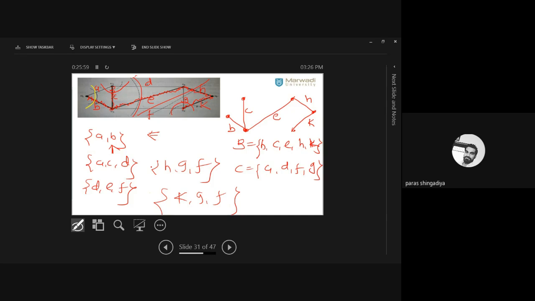Clear? For example, in place of this graph, if I consider this spanning tree, I consider G as a branch. So now as per this graph, all the data, all the counter examples will be changed. Clear? I consider this graph now. So H की K की, अब हमने कौन सा चेंज किया, K की जगह पे मैंने G लिया है. That is also a spanning tree. This part will be changed. यहाँ पे आएगा G and H, और यहाँ पे आएगा K.